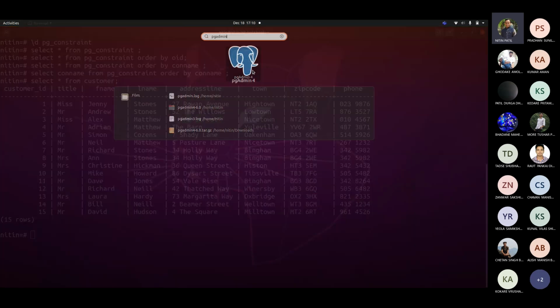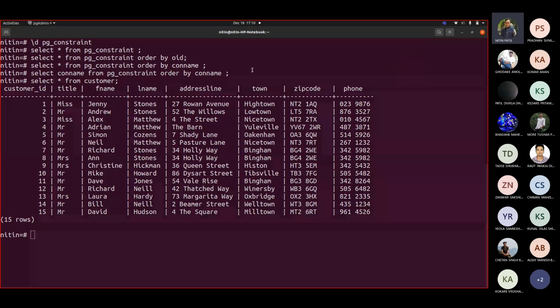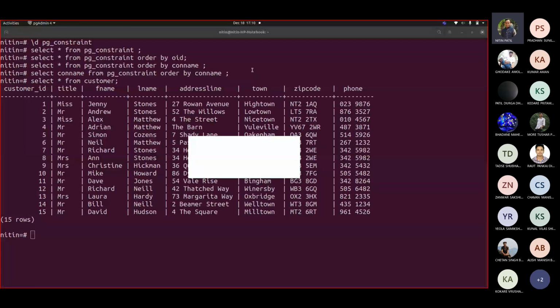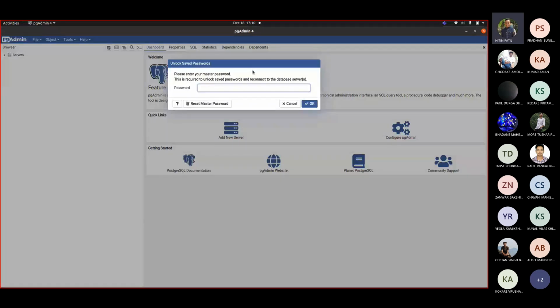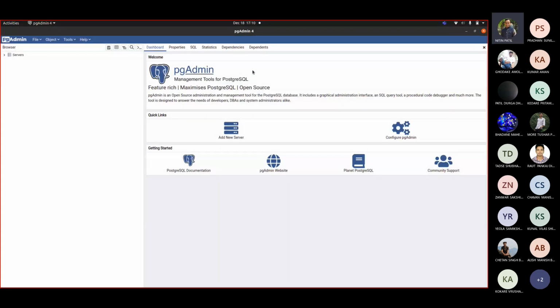So you will see pgAdmin 4, after installation is done. When it starts, let us see what happens at that end. So keep this installed on your laptops or desktops if you have them. So this would be your UI. It will ask you to input your password. Now this user interface, if you install pgAdmin 3, is totally different.